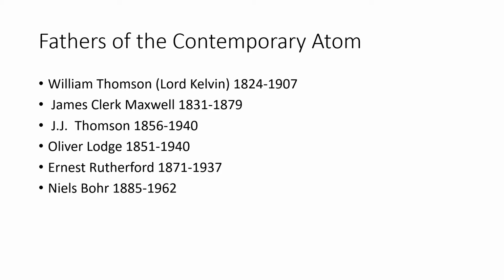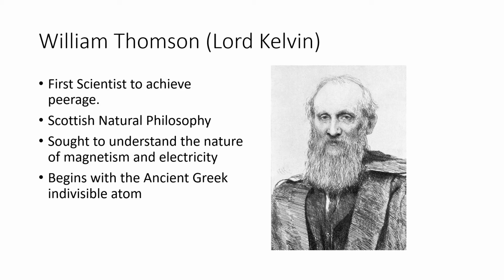So, let's look at these each a little more carefully. Thomson was the first scientist to achieve peerage, which means he became an aristocrat. And the reason he was able to become an aristocrat in England was he made a lot of money from being a scientist. The way that he made a lot of money was through various inventions, as he was involved with laying the first telegraph cable across the Atlantic from England to the United States. He actually went on board the ship, and that was how he became wealthy. He also taught. Nobody ever gets rich doing that, right?